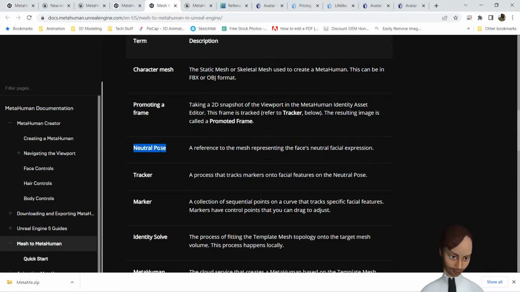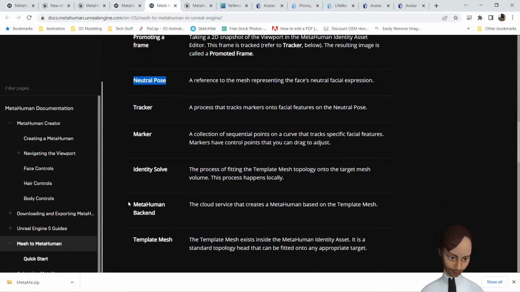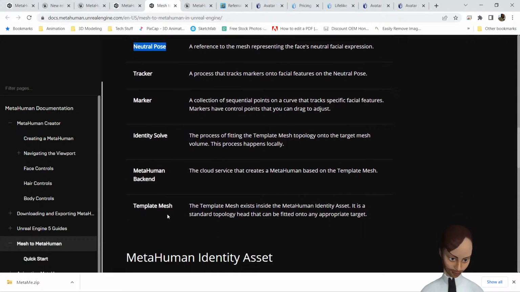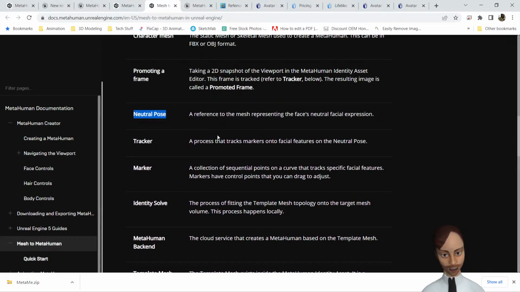They have such a thing as neutral pose, tracker, marker, identity solve, MetaHuman backend, and template mesh. So when you're doing this kind of stuff, these are the things that they're referring to. So neutral pose is a reference to the mesh representing the face's neutral facial expression. So that means that